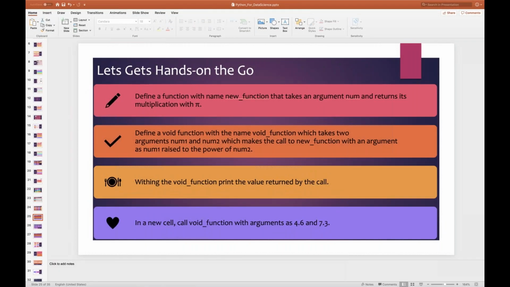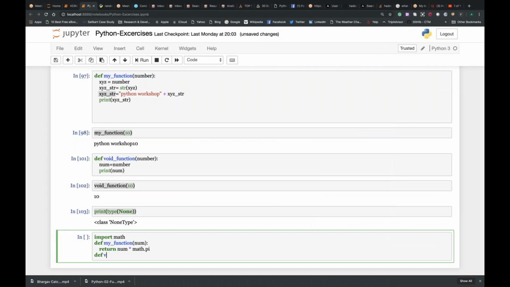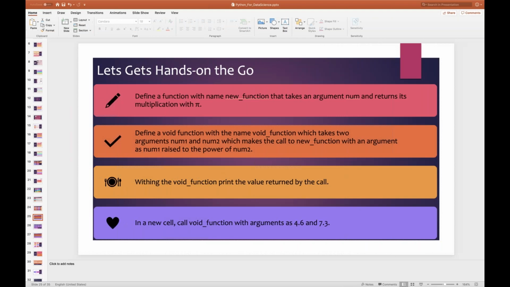Now I need to define a void function with the name void_function, which says def void_function, and this will take two parameters, that is num1, num2. Understandable. With arguments num1 and num2, it makes a call to the new function with the argument num1 raised to the power of num2.